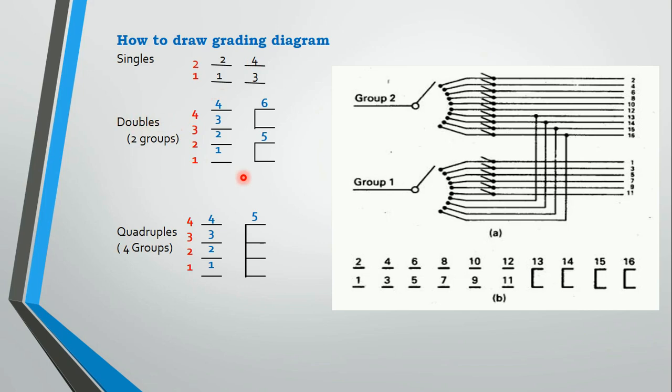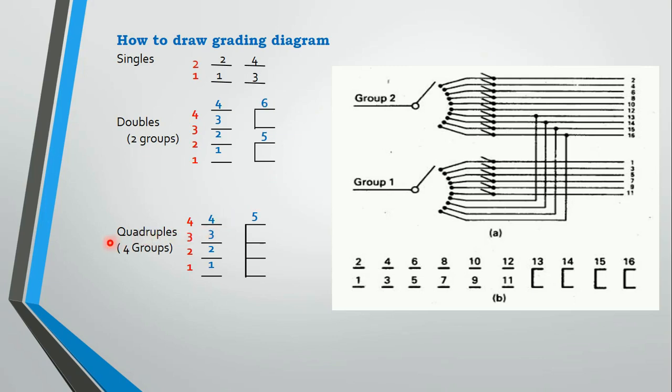How to connect a double? This is a single connection for a 4 group connection. To write a double connection, you need to draw one line like this and one line like this, that means a vertical line like this. So this fifth connection is common for groups 1 and 2, and this is the connection for groups 3 and 4. These are adjacent connections, not non-adjacent connections.